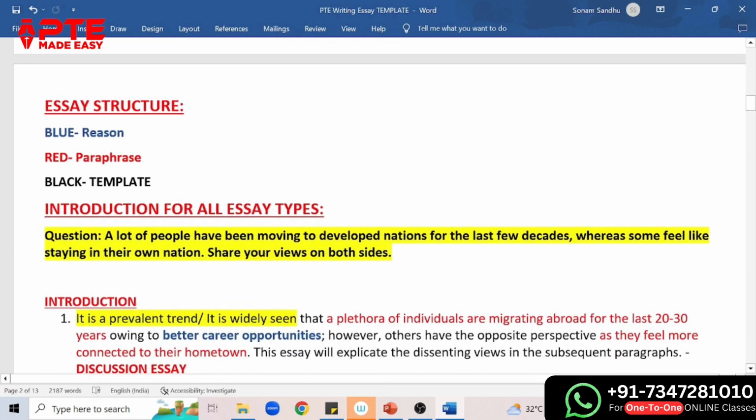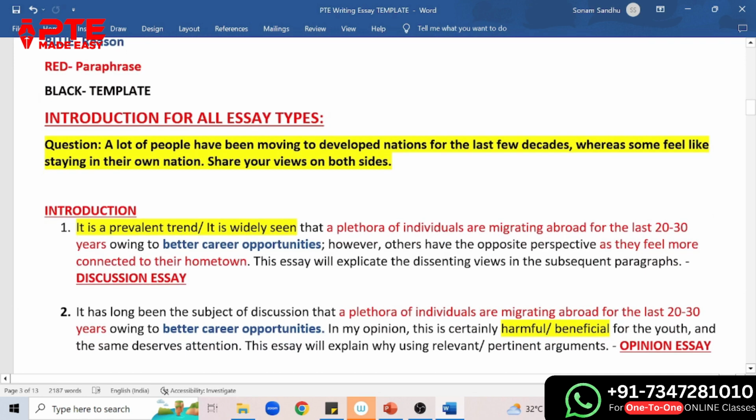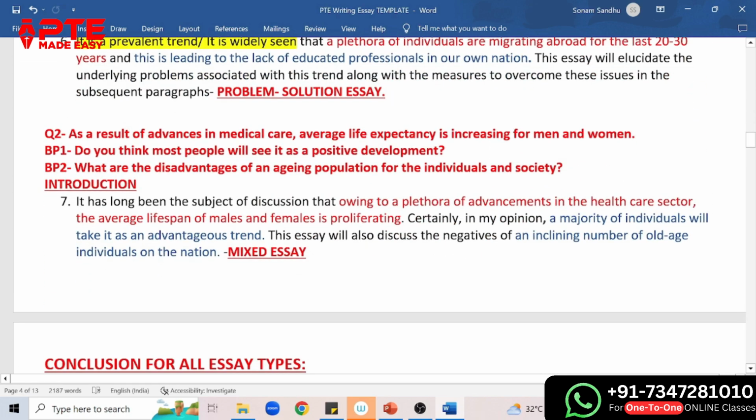Now we have various templates here. So let us look at the first one. Okay. So here we have the template for the introduction part as well. How can we write an introduction? So I'll simply explain one such thing for the opinion essay, and you'll get an idea about how to incorporate the template,